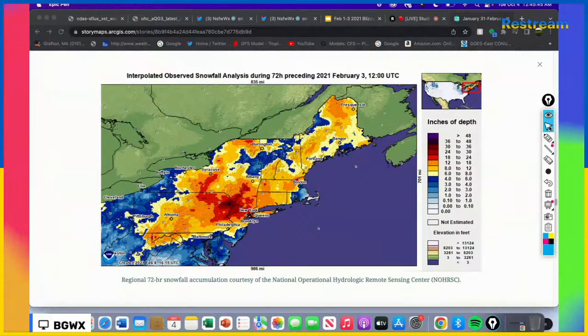It bottomed out there, so it wasn't like a 975 or anything like that. But it was strong enough, and it was a deep enough trough base to get a lot of moisture pumped into the system, with consistently good mid-level dynamics throughout the storm. This is what made it